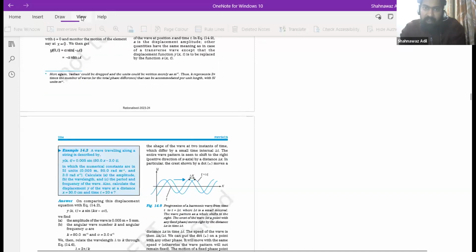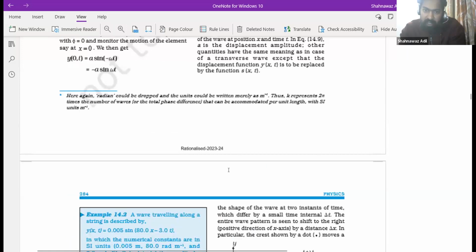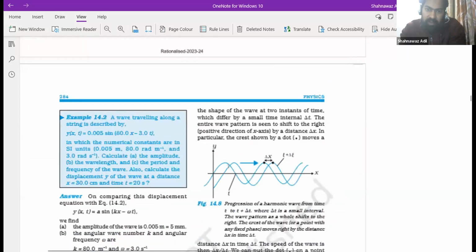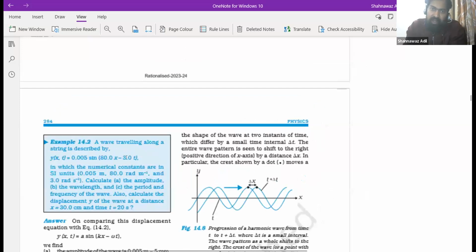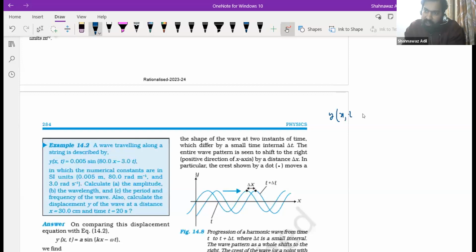I have this wave and they want you to calculate, right? So you have this wave, which is a function of x and t, right? This is 0.005 sine of 80x minus 3t, right? So if we compare this with the general form,